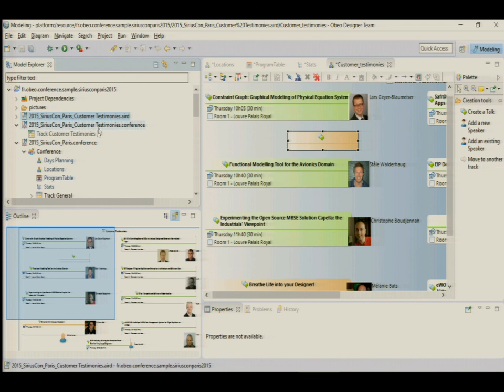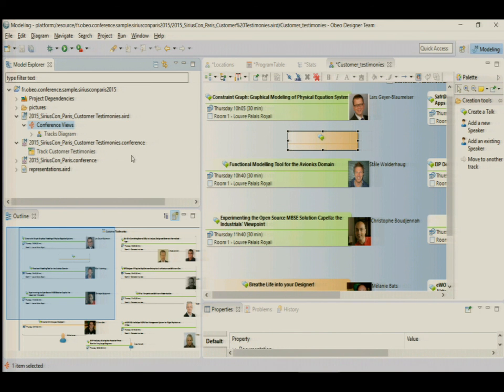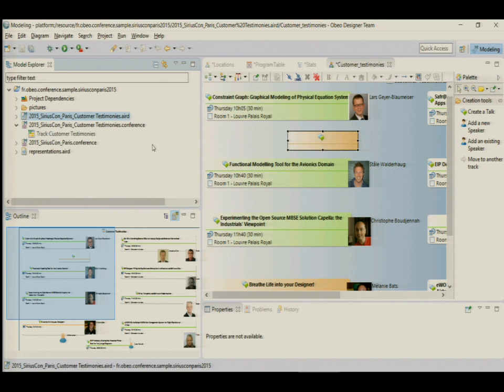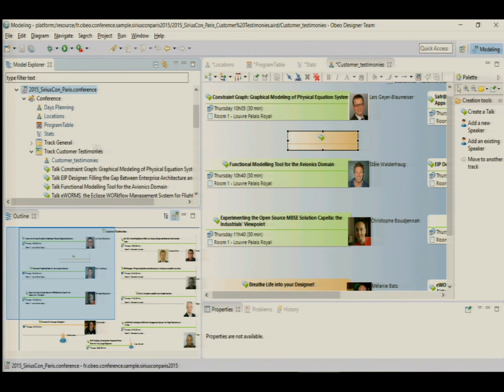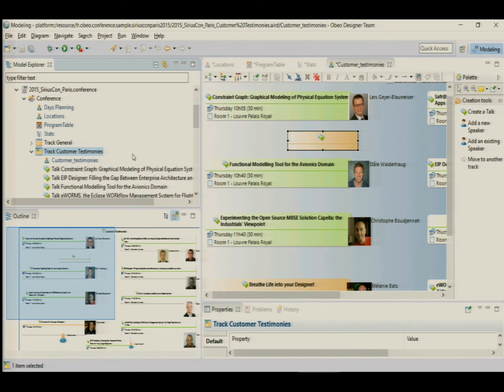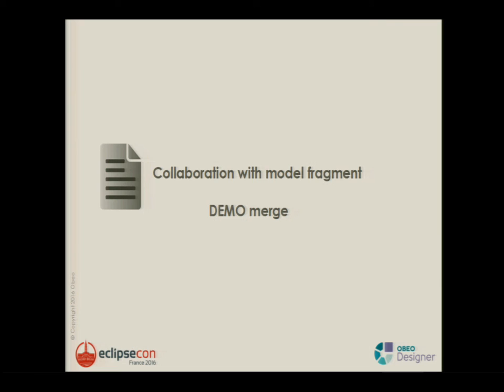And as I asked for the representation too, I have another file which stores just the graphical aspect of my model. Because in Sirius there are usually two files, one for the graphical aspect and one for the data. It doesn't pollute the data with graphical aspect. So you can manage in this way and split your elements into files. At the end, in the generic tree editors, it's quite fluent and works as usual. Of course, I can ask to uncontrol to come back to the initial state.